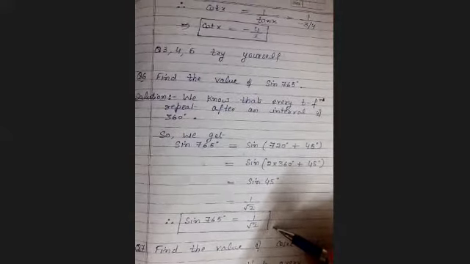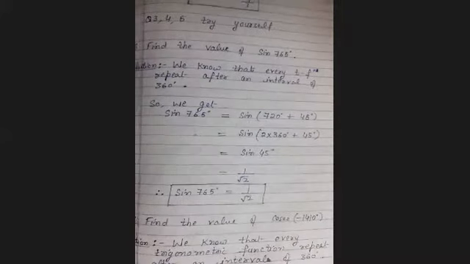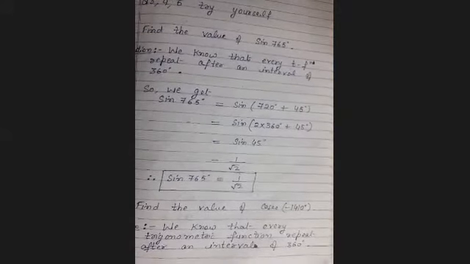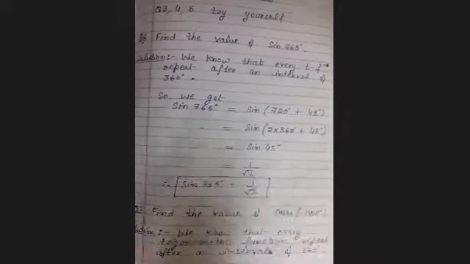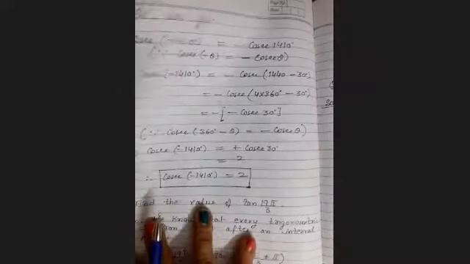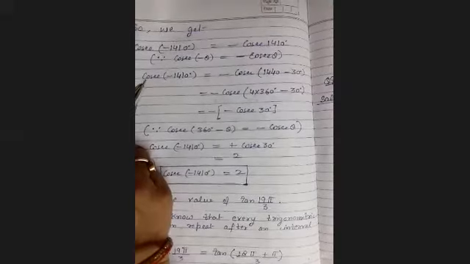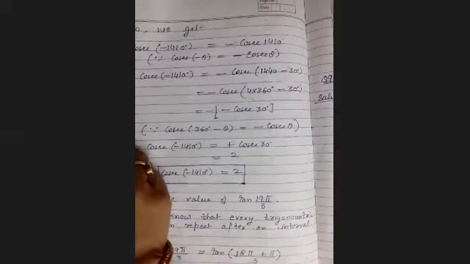Similarly, we can find out the value of cosec minus 1410 degrees. Again, we know that the trigonometric functions repeat after an interval of 360 degrees. Therefore, how to find the value? You can see here. Now, cosec of minus 1410 can be written as minus of cosec 1410, because we know that cosec of minus theta is minus cosec theta. And therefore, 1410 can be written as